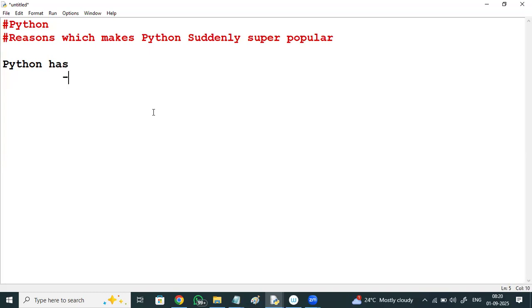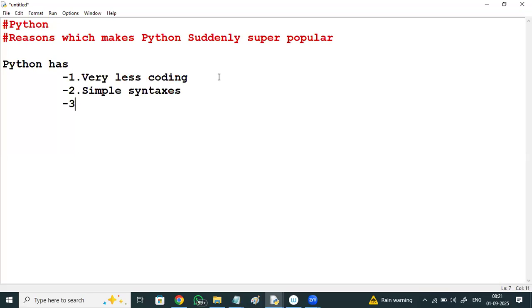Python was introduced in the year 1989. Why all of a sudden is Python super popular? First, most of the programmers or developers are attracted towards Python because of its very less coding and simple syntaxes, which look like normal English statements.